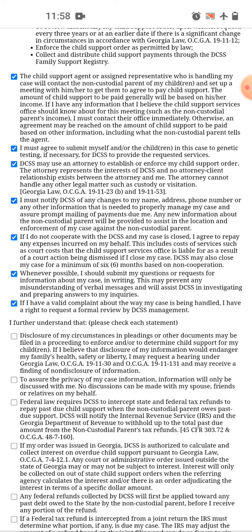This may prevent any misunderstanding of verbal messages and will assist DCSS in investigating and preparing answers to my inquiries. If I have a valid complaint about the way my case is being handled, I have a right to request a formal review by DCSS management. I further understand that